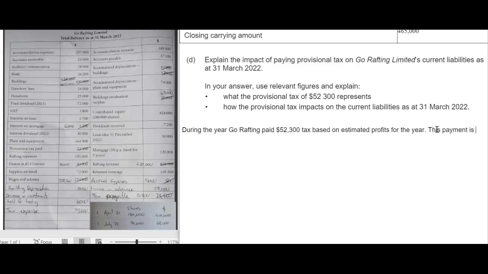This payment is, well, payment maybe to IRD is, and that's what you did already. So you've done it here. The next part of the question is, again, a different paragraph, how the provisional tax impacts current liabilities. So saying provisional tax paid reduces